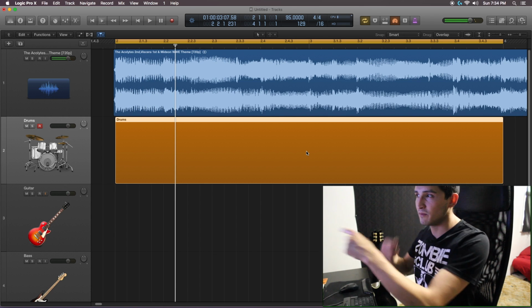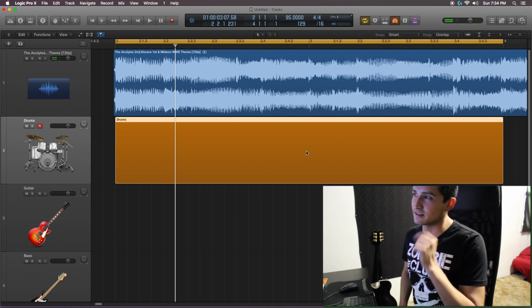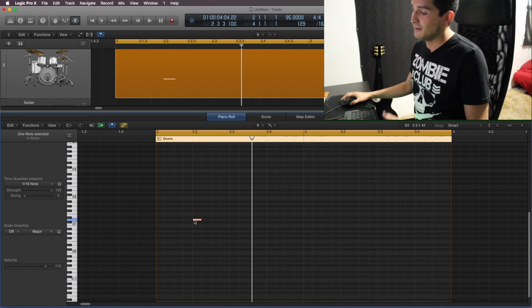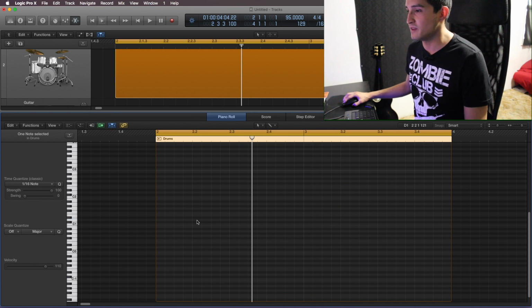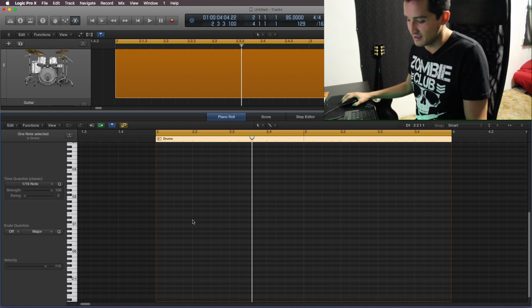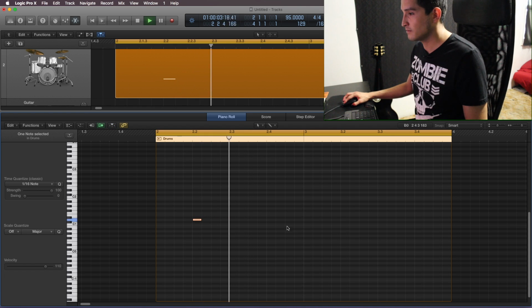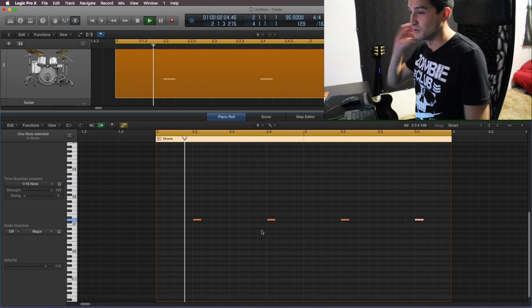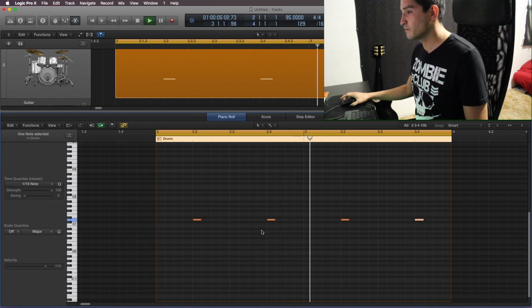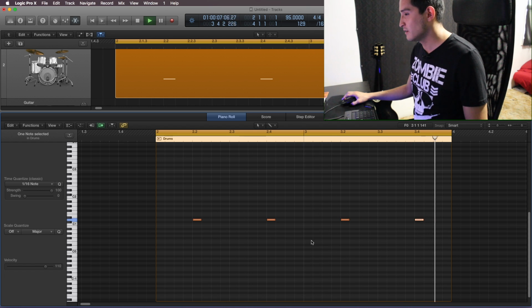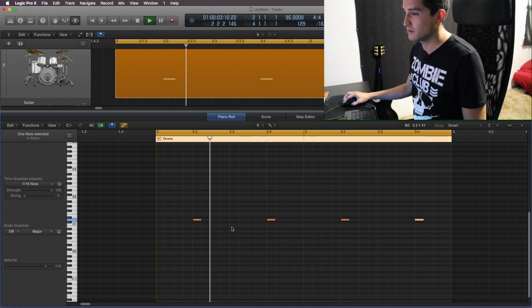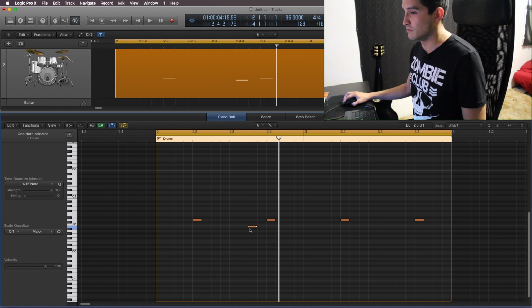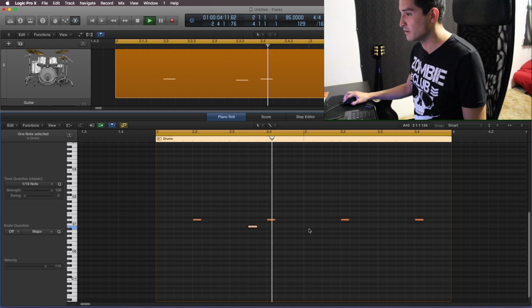So the BPM might change because I can tell it's a little bit slow. So starting off with the snare, I just pretty much hit every snare wherever the song has a snare. So, fairly simple. I can already hear the bass kick, so the bass kick is going boom, boom, boom, boom, boom, done.